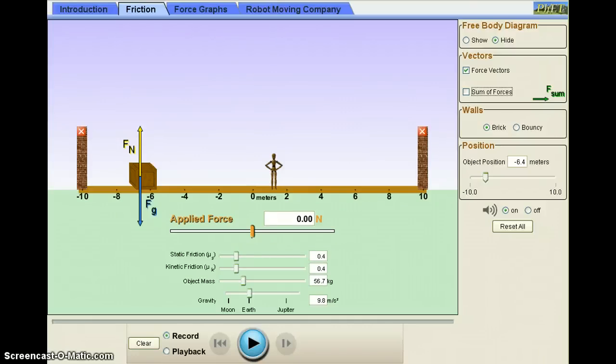The following simulation is to be used with the forces of motion data collection and processing activity that is found on the student Google site. This simulation contains many different activities, and these are shown in the tabs above. However, for this data collection and processing activity, we're going to use one activity, which is the friction tab,